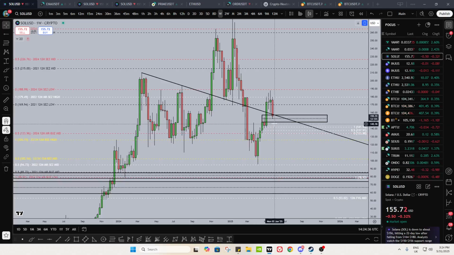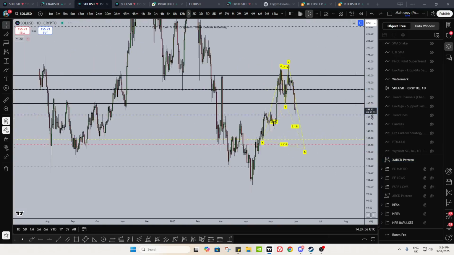But if you do break down from here, and let's say the first week or the first couple weeks of next month gives us that impulse down to put that fear into everyone, right? Put the fear of God into everyone as soon as the month starts, then we could get a really steep drop down towards the 130, 110 level basically on Solana.